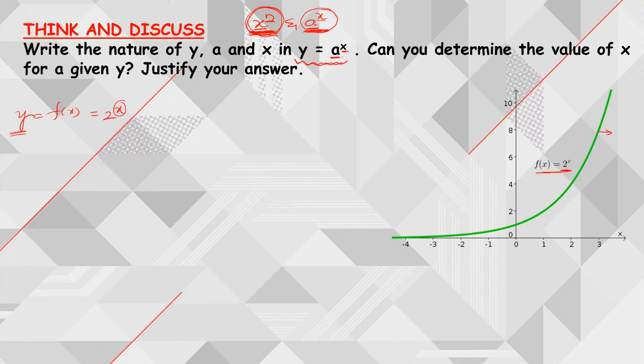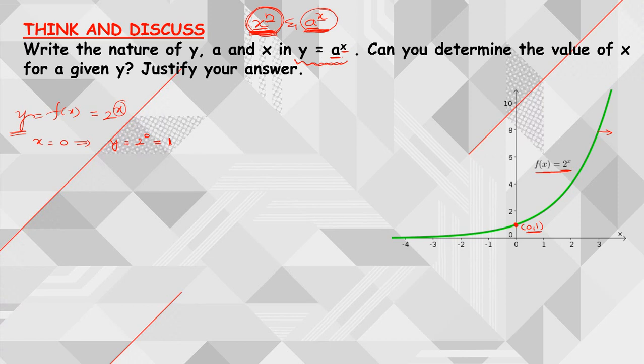Now when I substitute x is equal to 0, I am going to get the value of y as 1, because whenever I consider x is equal to 0, I get y is equal to 2 power 0. Already we have discussed the first law of exponent. So 2 power 0 is nothing but 1. That means my graph will intersect the y axis at the point 0 comma 1. So always remember, my exponential graph will meet the y axis at the point 0 comma 1.